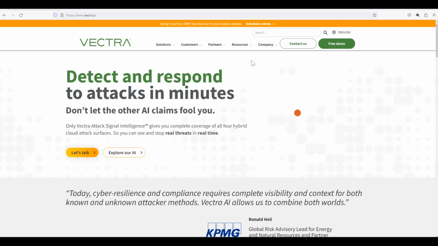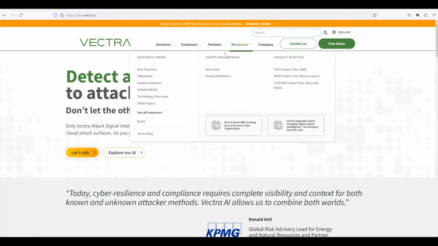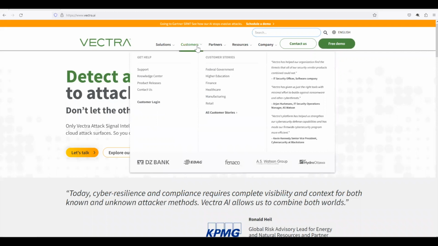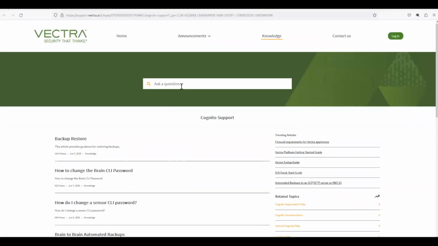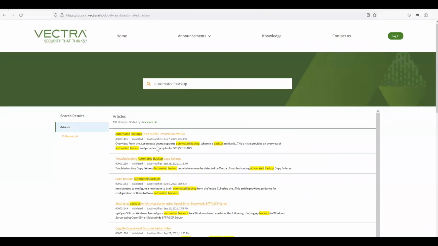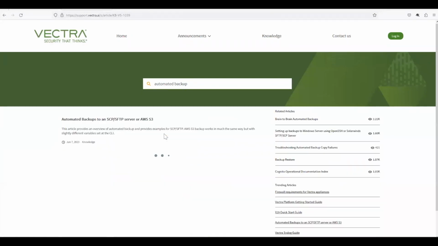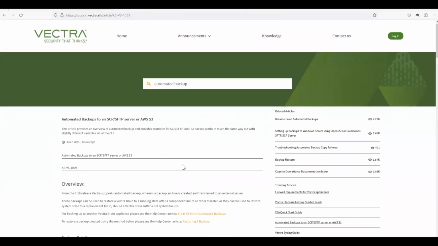So we'll begin. First of all, I'll find the KB article. You can look for the customer knowledge center. Here I'll be looking for automated backup. So this is the KB article which we'll be referring to, to configure the backup on a remote server using SFTP